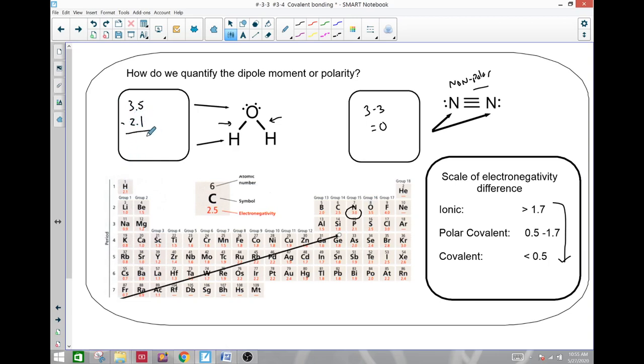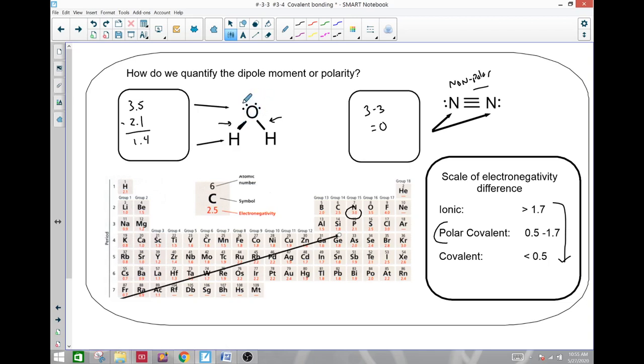That's a bit bigger value: 1.4. This falls in the polar covalent range,